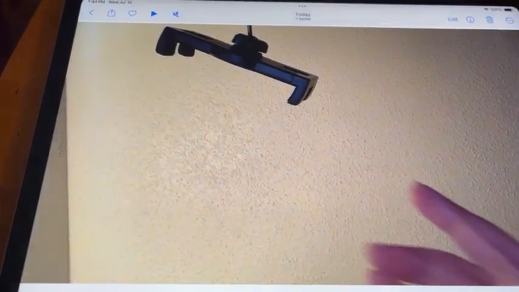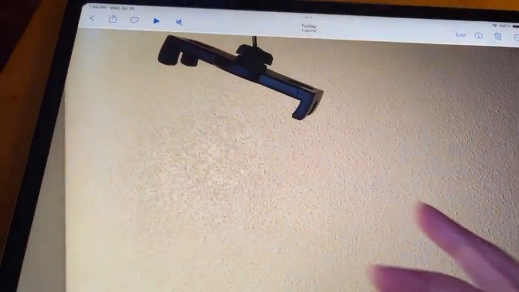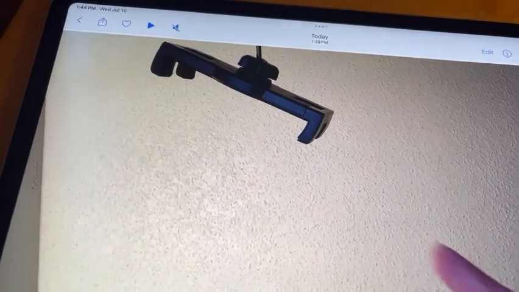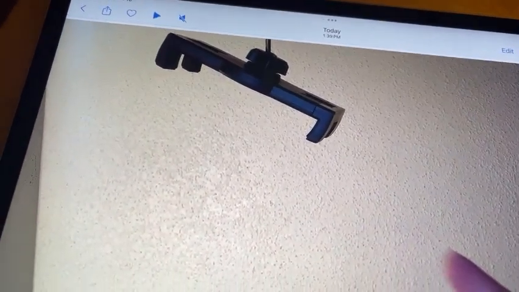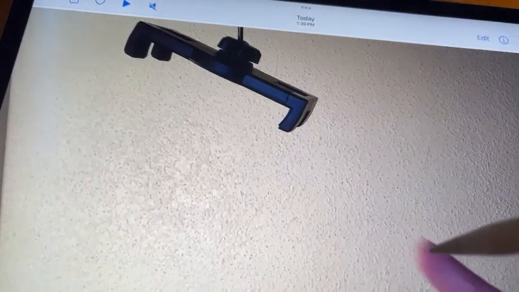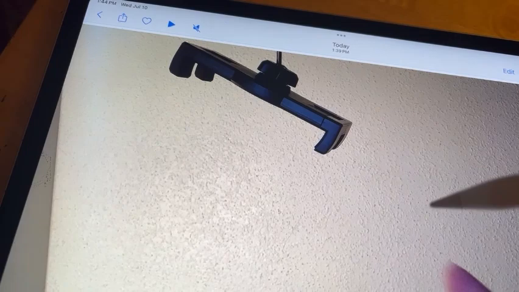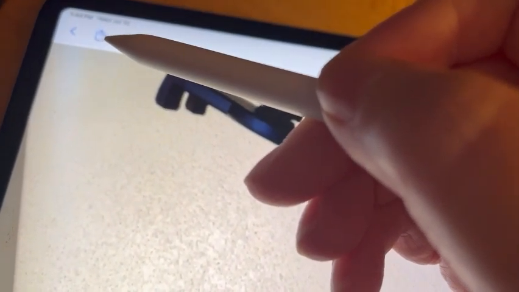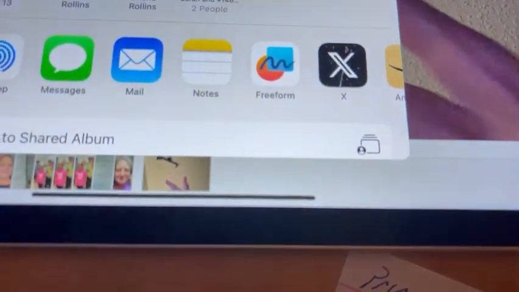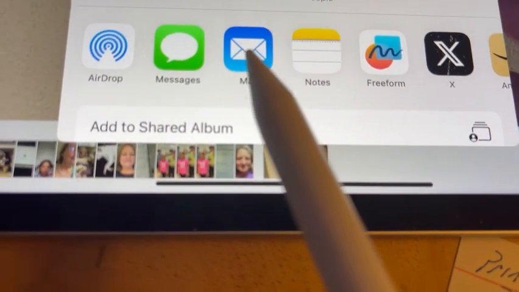So here we have, we're still in our little photo on our iPad, our notepad, whatever we've got, and say you want to know how to get this onto your computer. And I'm not very technical, and there may be an easier way to do it, but this little share icon up there, here, it's in the corner. We're going to hit share, and you hopefully have an email. Go to your email. Now this is how I do it. I go to my email,